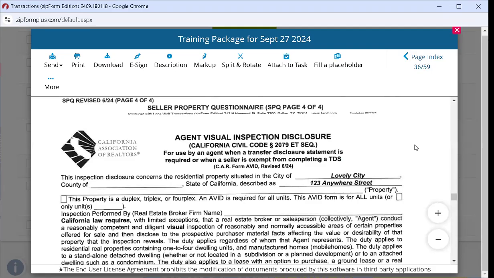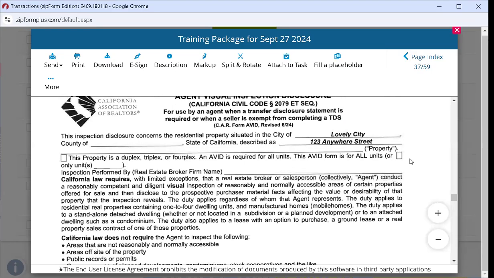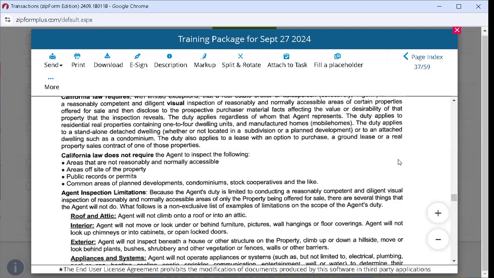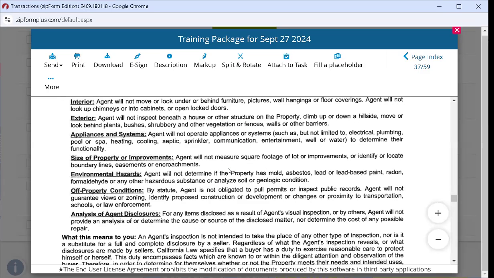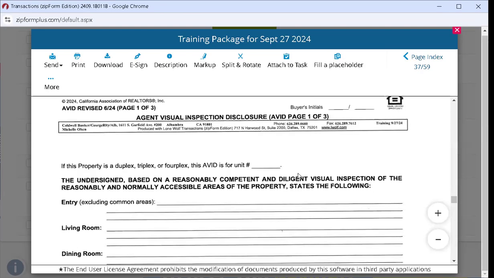So we've had, I can't remember the gentleman's name, but he's the guru of the AVIDs come in here. Anytime we have him scheduled, please make sure you come in. I've learned a lot from him. The California law does not require the agent to inspect areas that are not reasonably and normally accessible, areas offsite of the property, public records and permits, or common areas of planned developments. Okay. So with the AVID, it's important that you do it in a certain manner where you're not making conclusive statements, meaning